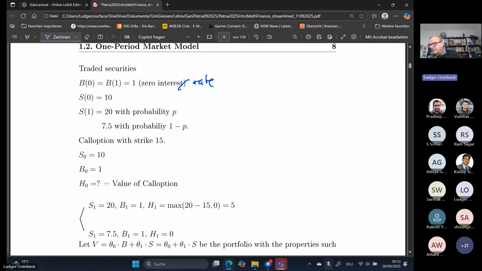And let's assume in this example, just to make it calculable, we have today the underlying share has value 10, and then we have to assign scenarios. And as I said, we have only 2 scenarios. Simple, it goes up. We have it here. It goes up to 20 with a probability P, and it goes down to 7.5 with probability 1 minus P. And you have bought today a call option with strike 15. This means if scenario 20, where the underlying make a gain of 5,